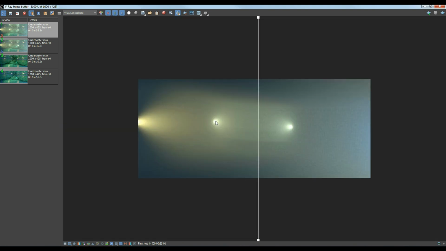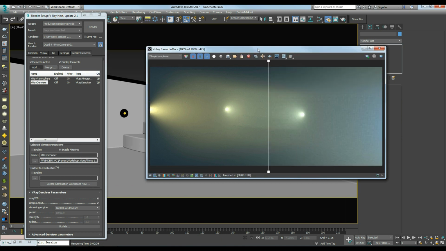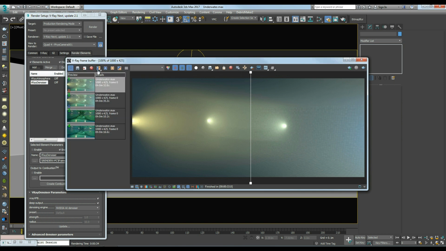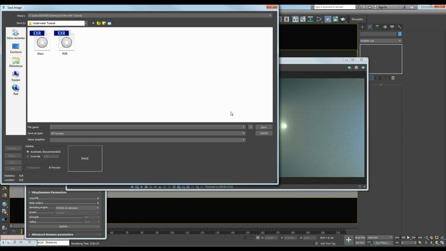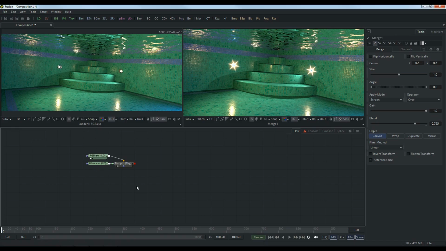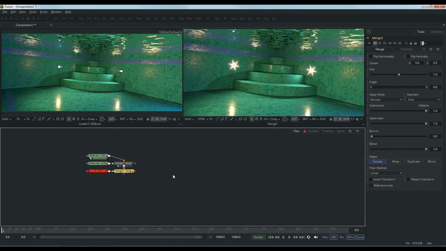So I used the NVIDIA AI denoiser to render the animation. So now I'm going to save this pass as fog, and let's add it to our composition.